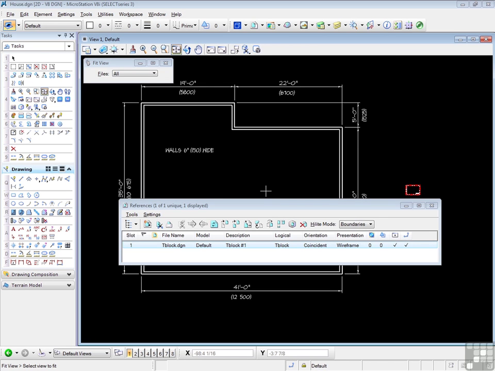The next step is to scale the title block by a factor of 48 in English or 50 in metric, and to move the scale block to enclose the floor plan. Now again, there are several ways of scaling the reference, and it's a personal choice as to where you prefer